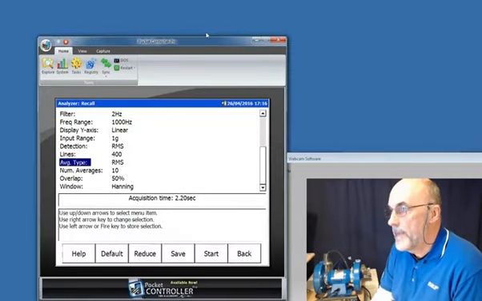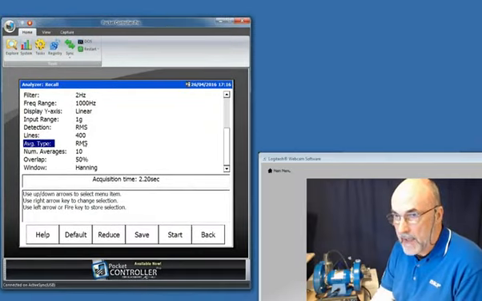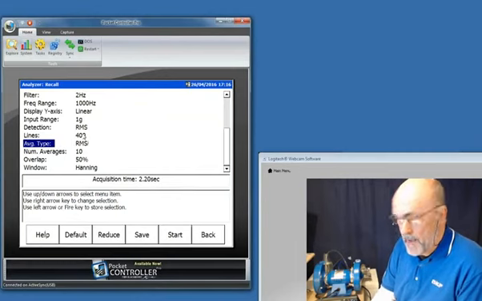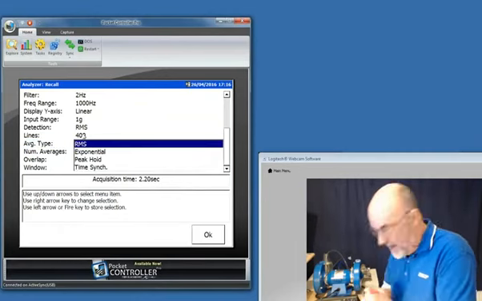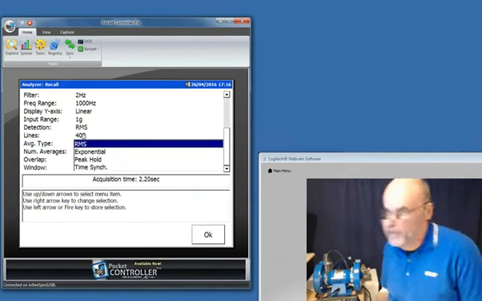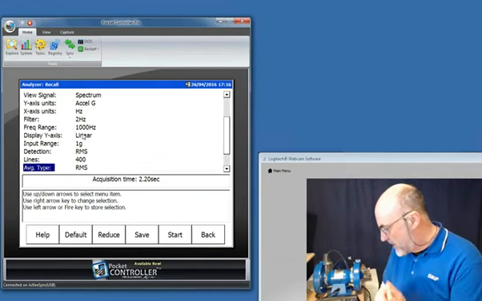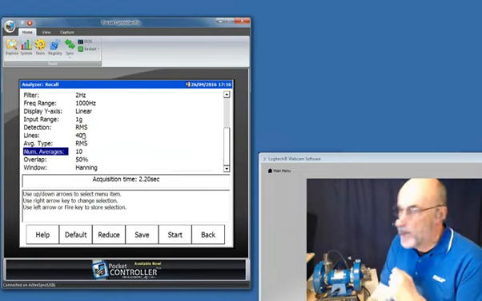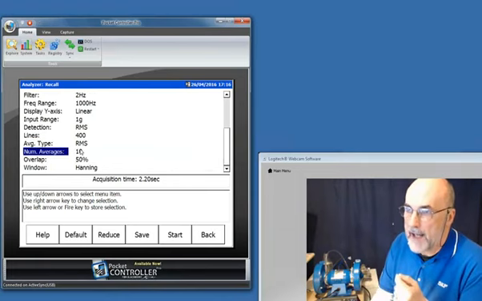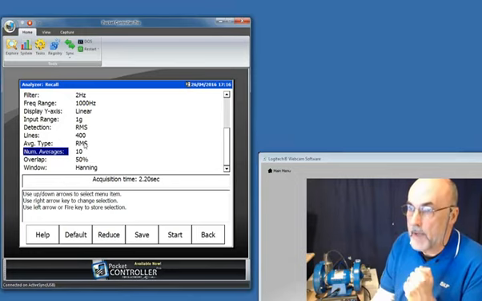There's my analyzer. So I'm going to start by using, here's the averager control, and you'll see there's these types of averaging that I'm going to talk about. So the first is an RMS averager, and that will take the number of averages that I've told it to, and then stop. And I've told it to take 10 averages. I am going to talk about this thing that says overlap, and I am going to talk about this thing that says Hanning, but for the time being, we're here, RMS, 10 averages.